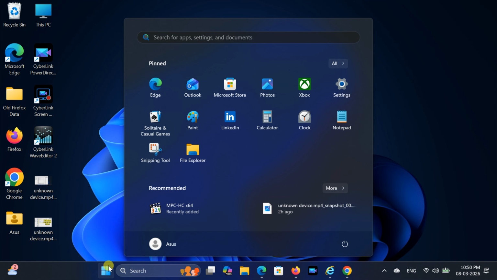Hello everyone. In this video, I'm going to show you how to enable and add the Hibernate option to the power menu in Windows 11. Sometimes the Hibernate option disappears from the Start Power menu, but you can easily bring it back with a few